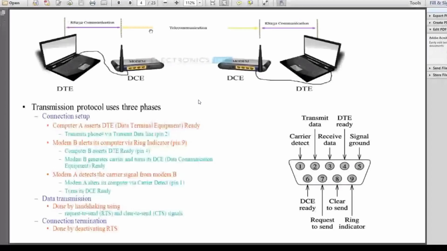After modulation, it is transmitted on the communication media, and on receiving, demodulation happens in the modem. Modulation and demodulation happen, and we have the serial data converted into digital form, stored in the memory space of our computer. These are the processes which happen in serial communication.